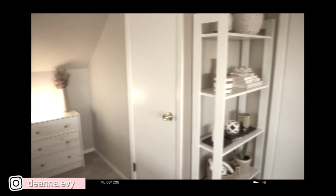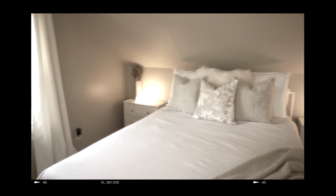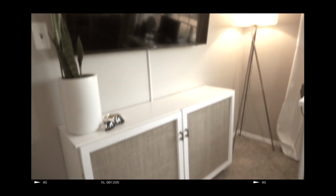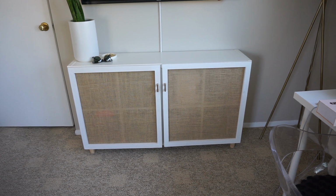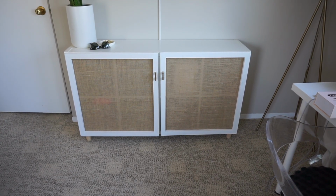In today's video we are doing a room tour, a room transformation, room reveal, whatever you want to call it. We'll be going over everything in this space, all the DIYs, all the hacks. Starting with the most recent DIY is this media console. By the time this video goes up, that video should already be live, so I will definitely link it down